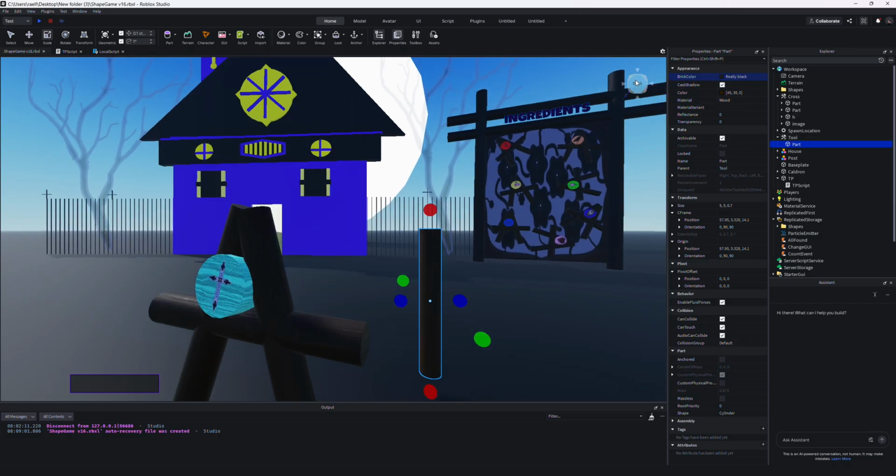Okay, so I need 2 more parts that look like this because I have 3 of these stick looking things. So I'm just gonna click the part in Explorer, right click it and choose duplicate, and I'm gonna do that twice. So now I've got 3 of these parts, but they're all sitting in the same position. So now I'm going to use the rotate tool to move them around so that I form this shape that